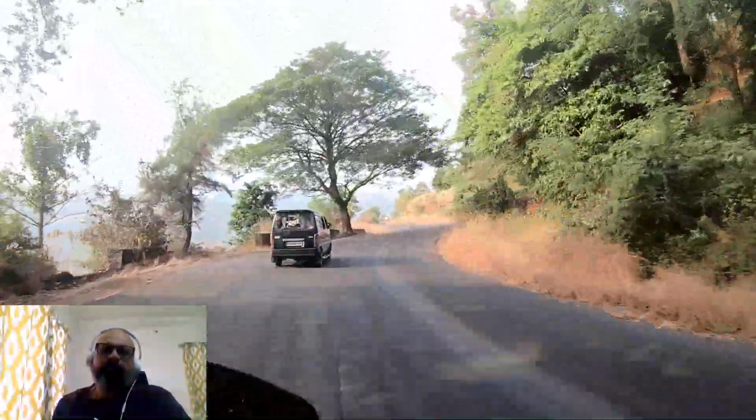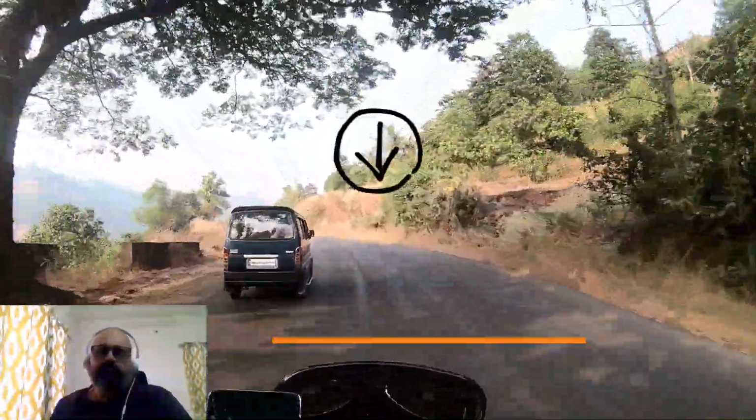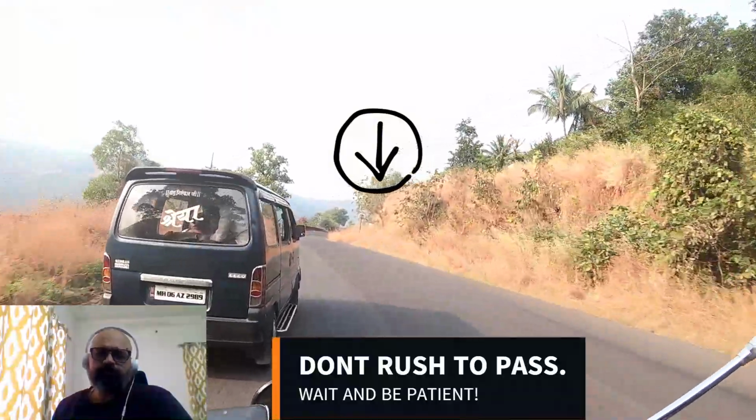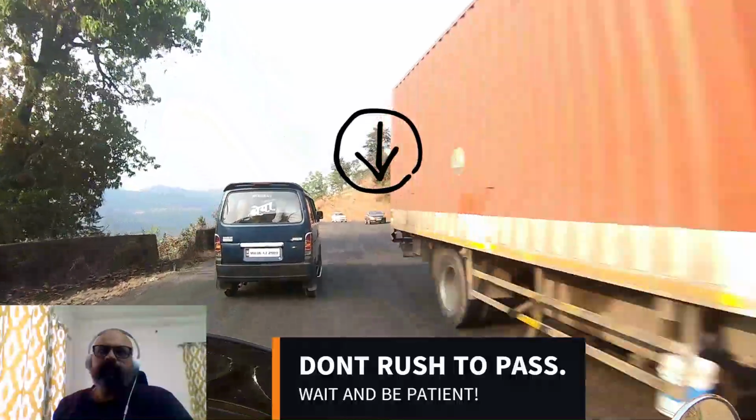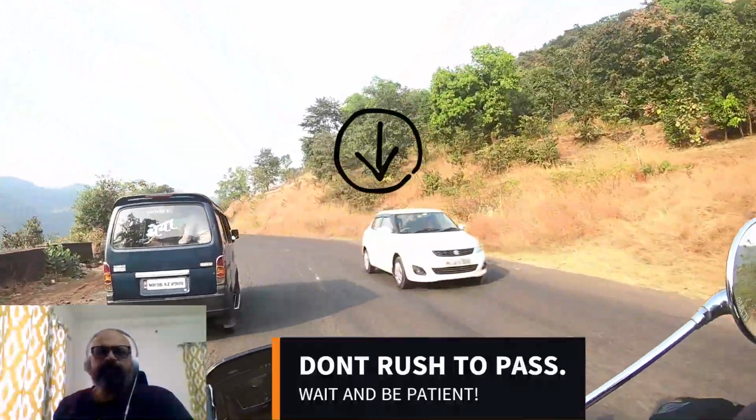I just wanted to show you some safe overtaking techniques in the Ghats. So recently I had been to Chiplun. That vlog will come up soon, but I have a few clippings from there where I would like to show you how